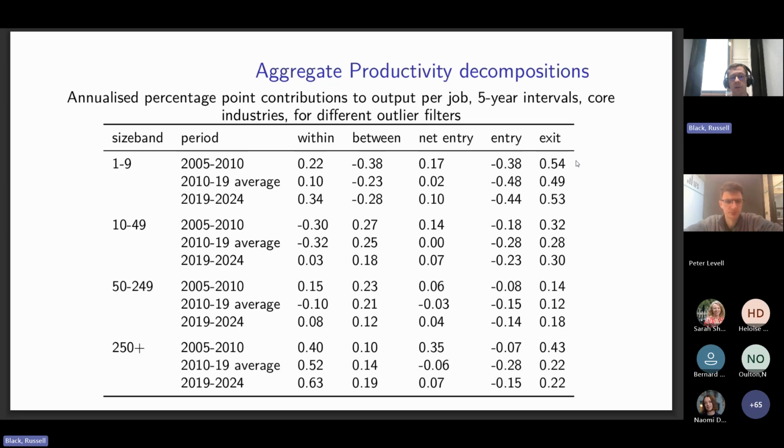By exiting the least productive small firms, that added to our productivity by 0.54 percentage points. 2019-24 by 0.53 percentage points. 2010s, 0.49 percentage points. The exit contributions of the smallest firms and the medium firms don't change that much,